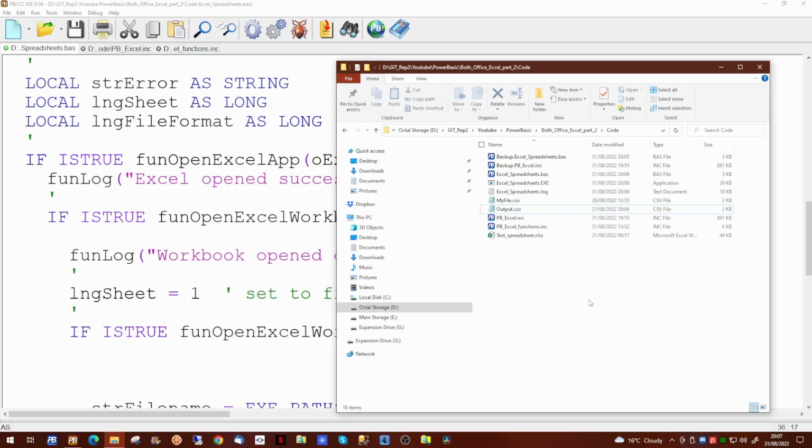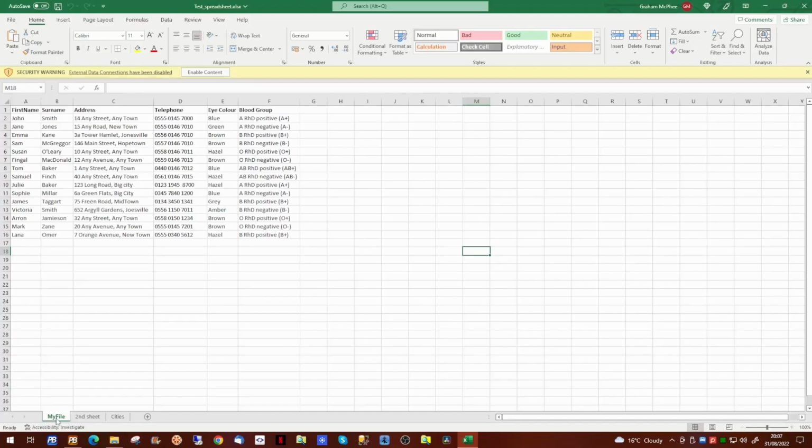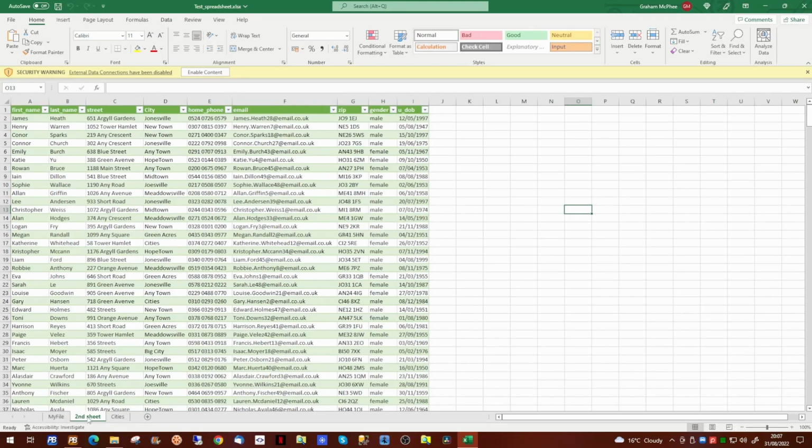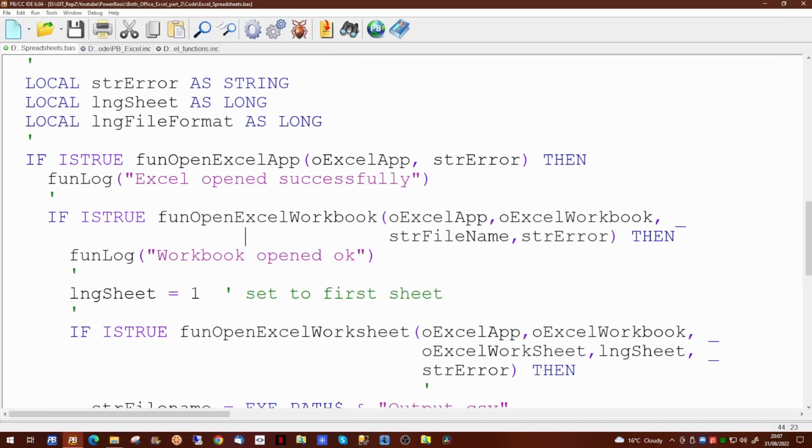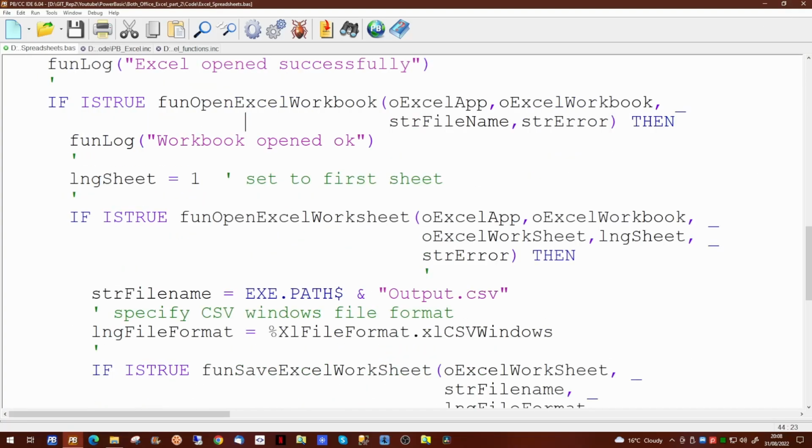However, I've gone a little further with the spreadsheet. If we open the spreadsheet itself, we'll see that the spreadsheet now has 3 worksheets. The My File worksheet, which is the one we've been working on, a second sheet, which is bigger, and a third sheet, which is smaller. We can perform the task of saving any one of these by changing a single line of code now. At the moment, we are set to use the first sheet. If we change that to 2, and then run our application again,